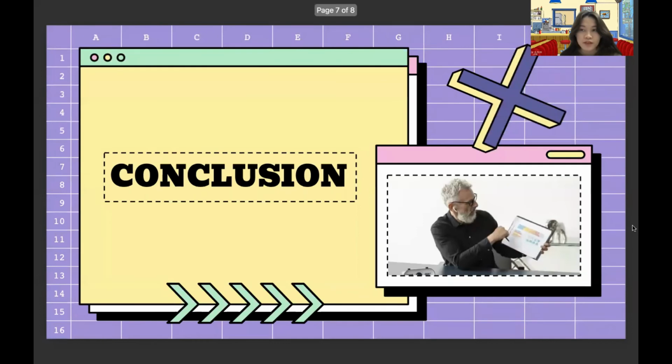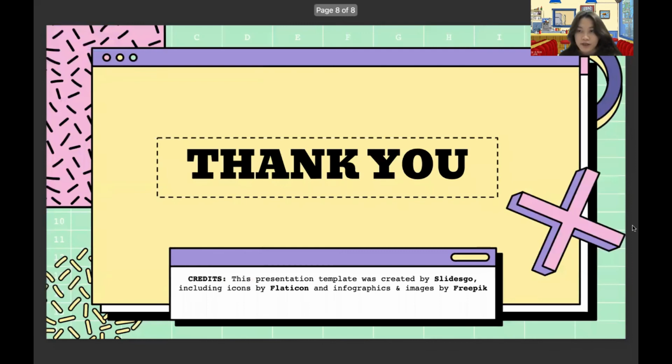In conclusion, I gained a lot of experience and knowledge while doing this research. I could not deny that game-based learning can be a positive approach because it is effective and it can make a difference to the students. And I do believe as a future teacher, game-based learning is important because it is not merely an approach to deliver the lesson to the students. So that is all from me.